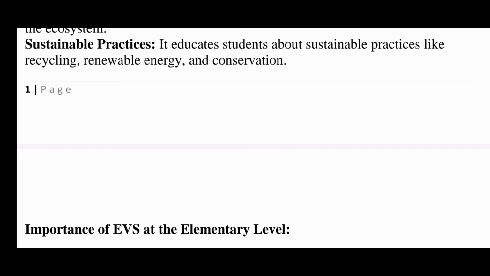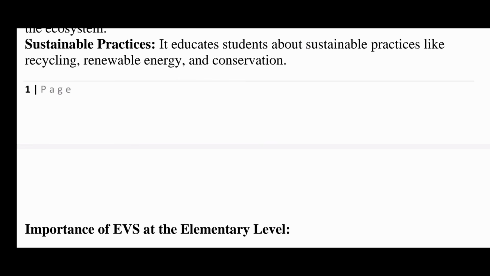So we are encouraged to use renewable energy: solar energy, wind energy, tidal energy, hydro energy. These energies we should make use of, right? Not fossil fuels, because fossil fuels take millions of years to be formed. The petrol, the diesel, once it's over, it is over forever, and it will take millions of years to be formed again, so that we can make use of it, right?